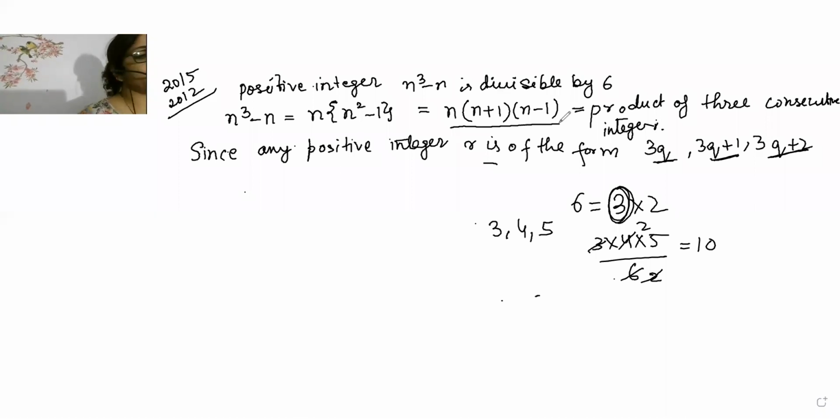Are you unable to hear? Yes, beta, you can take 2q also. But here 6 is there and 6 is divisible by 3 also. Listen, I'll repeat it. Video will also be available to you. So what is exactly given is they told you that 3 consecutive numbers are there. So since 3 consecutive numbers are there, Arif, at that time, that number will be divisible by 6. Here 3 consecutive numbers are there, and when they will multiply, it will always be coming divisible by 6.